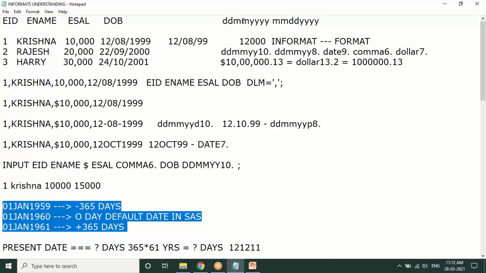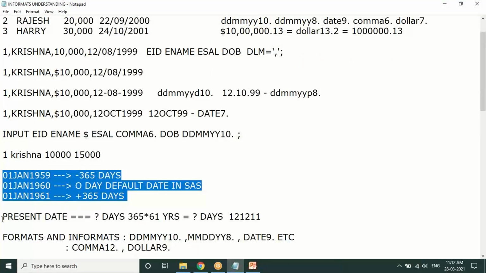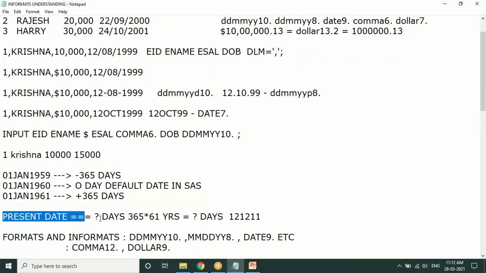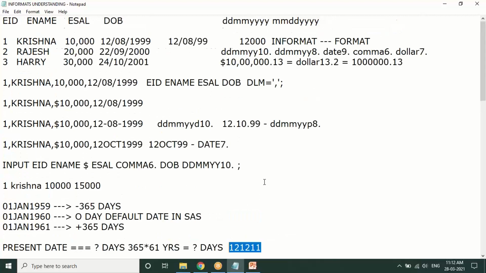Right. So if I want to check with the present date, like what is today's date, SAS will calculate it into a number of days, which is in a days format that we don't understand. If I say this is today's date, we will not be able to understand it because it is an integer value for us, like 12,000 is just a number.